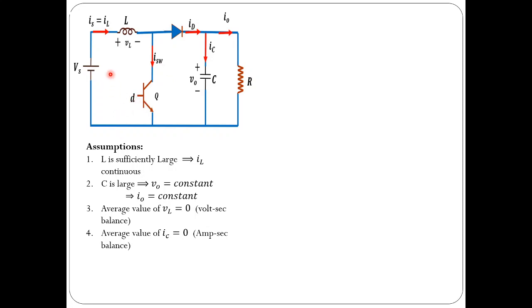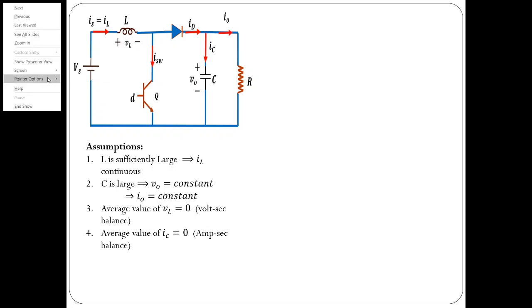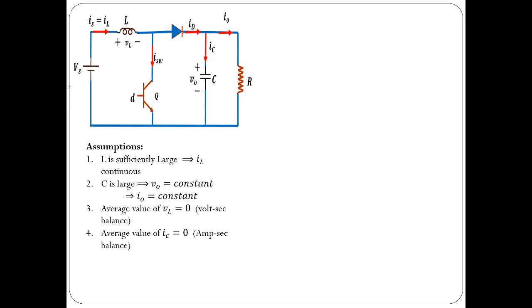So as long as this switch is on, voltage across the inductor would be equal to VL. So you can apply KVL. So as long as this switch is on, you will have this kind of path for current through the inductance. So current through inductance chooses path through this switch. Applying KVL, you would get voltage across inductance is same as Vs.